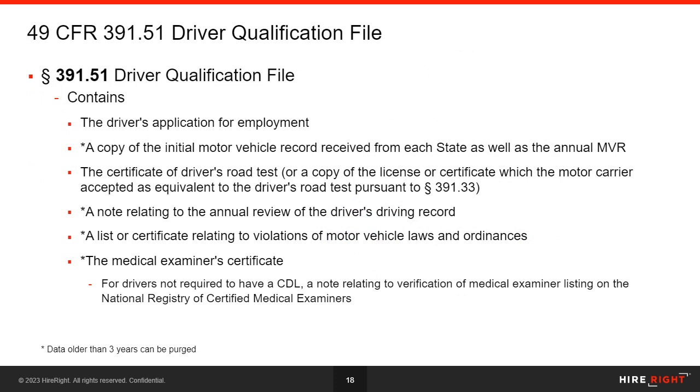This isn't a background check per se. This isn't one of those things that really fits into either of my categories that I was going into, but it's such a hot topic for us here at HireRight. I feel like it's relevant to bring this up because it's really what brings all of these post-employment requirements together, as well as all of the pre-employment requirements. And that's what's going on with your driver qualification file. So under the 391.51 regulations, there's a lot of specifics with regard to how your DQ file is to be